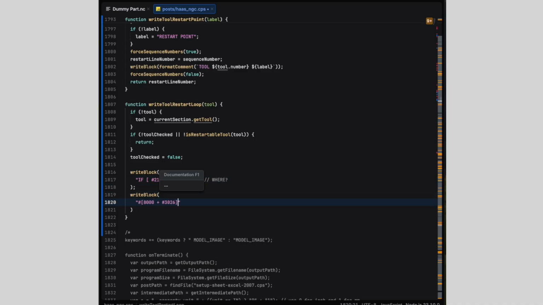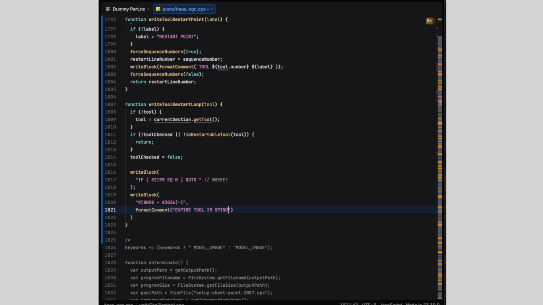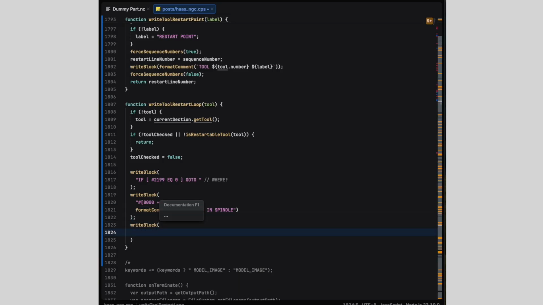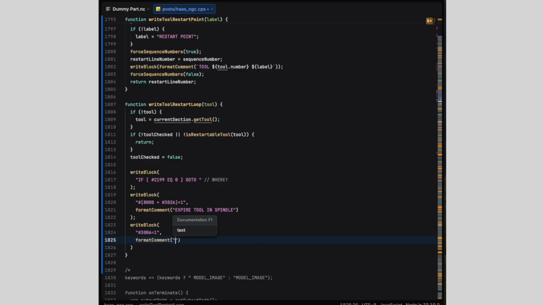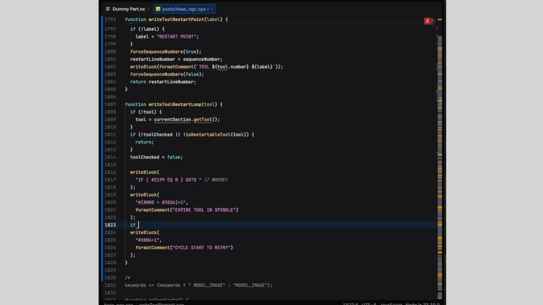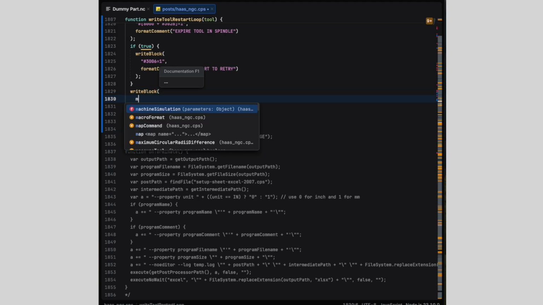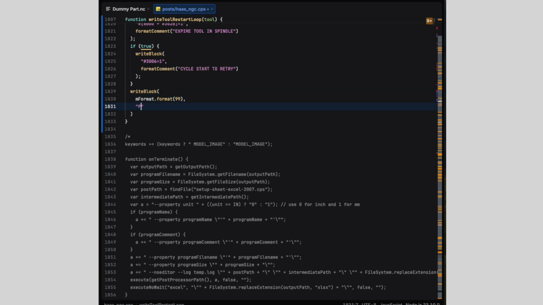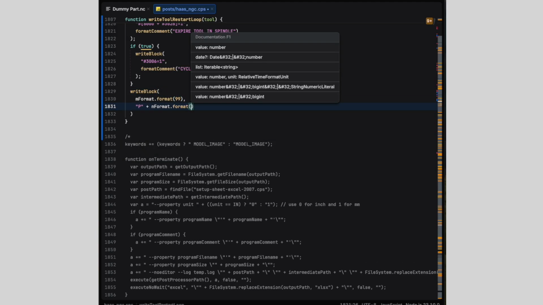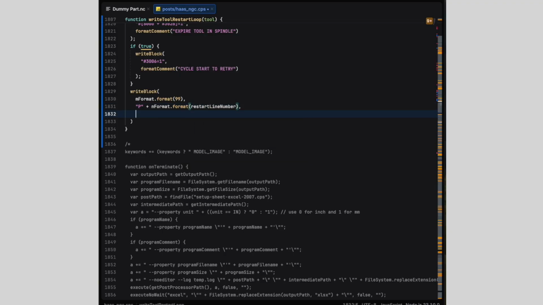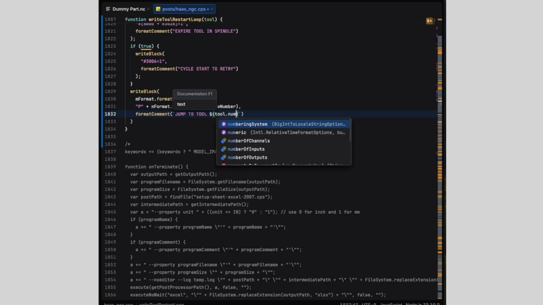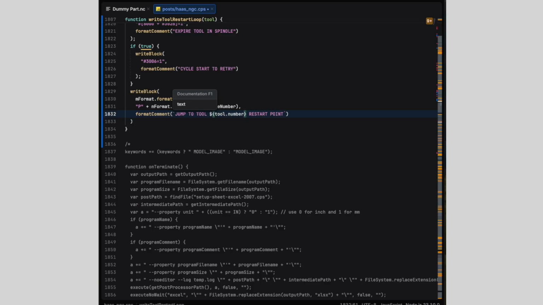Expiring the tool in the spindle is exactly as we've seen before. As a temporary safety measure, we'll insert a stop with message command by assigning an arbitrary value to variable 3006 and including a comment on the line. The jump to the restart point is written using a variety of predefined formatting helpers. These ensure that numeric values are written with the correct letter prefixes, number of decimal places, and whatnot. It's good practice to use formatters whenever writing numeric values.